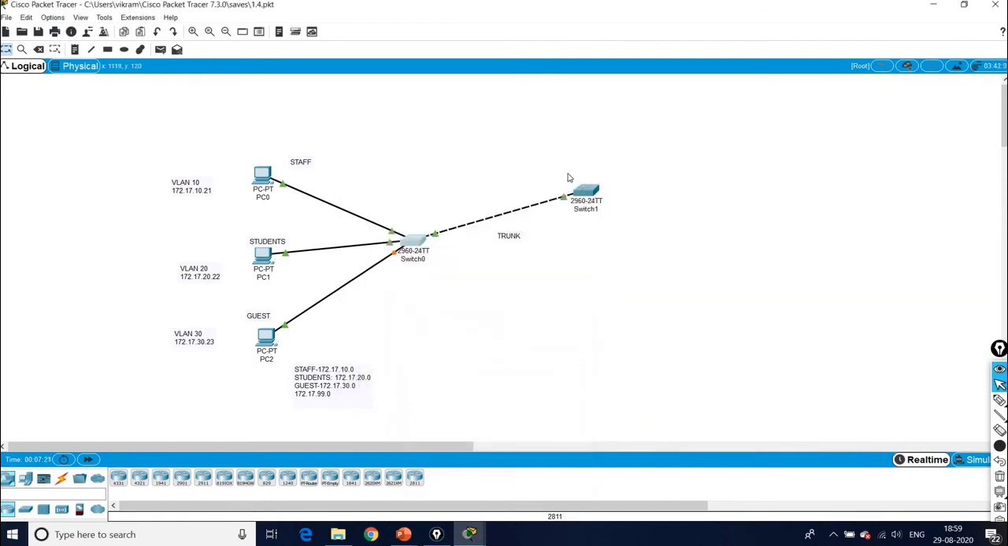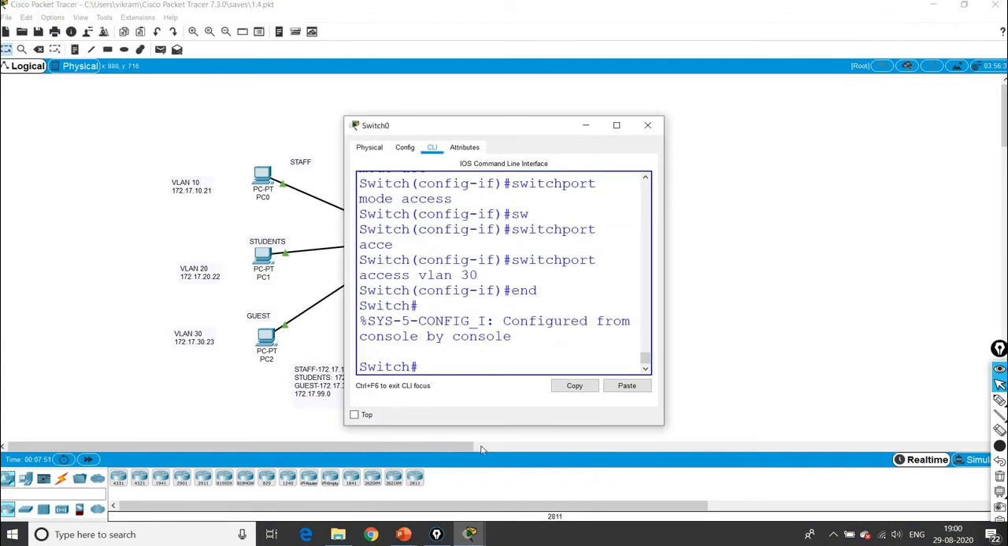Now you can see the trunk here between switch 0 and switch 1. So VLANs are configured on the switch port, not on the end device. You want to remember that. So I want to give the IP addresses for these interfaces here. Again click on the switch, just add the IP addresses. What are the IP addresses for staff? You can see here